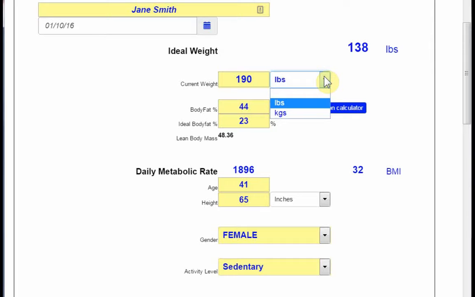Don't forget the metabolics is always done in kilograms in the metric system. So you will find certain things on this form that will switch to the metrics, but you can still put in your imperial measurements here. Okay, so her current weight is 190 pounds, and her body fat percentage, we need to take that, and we